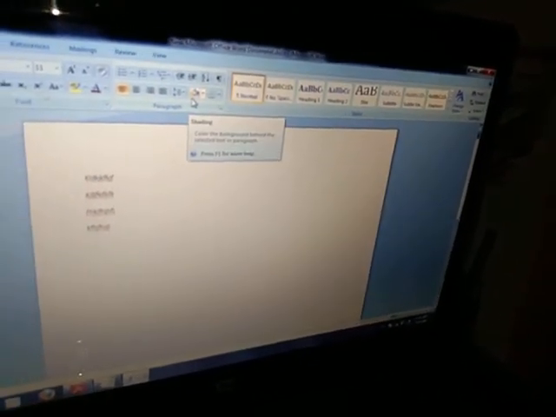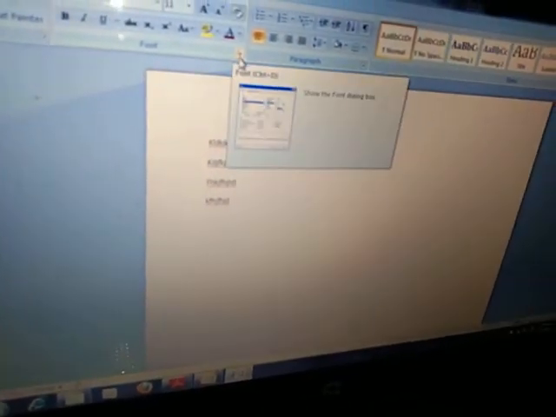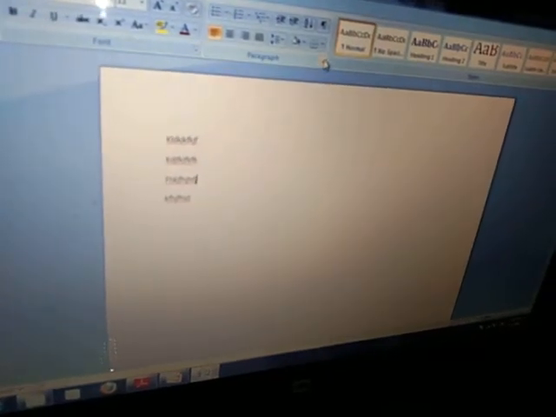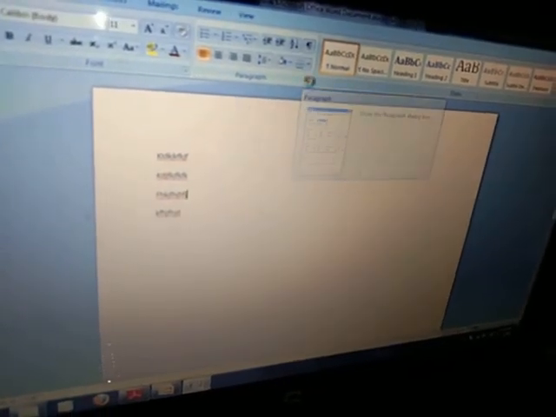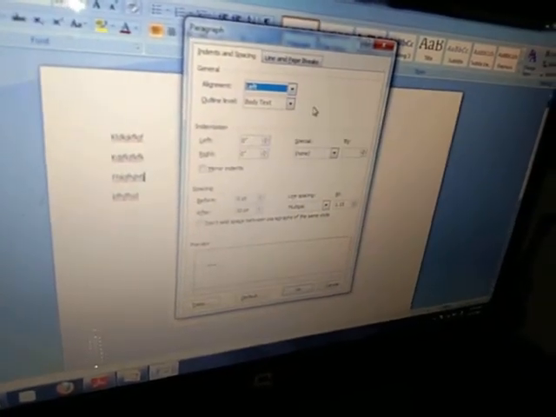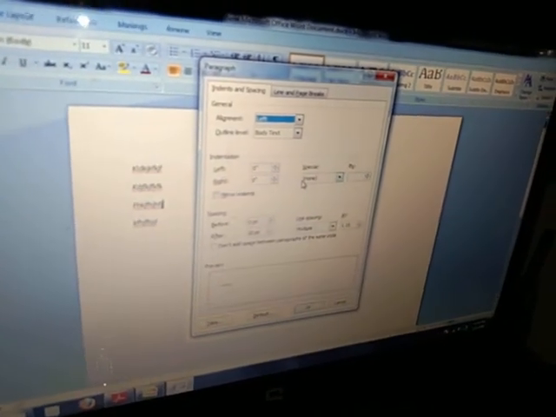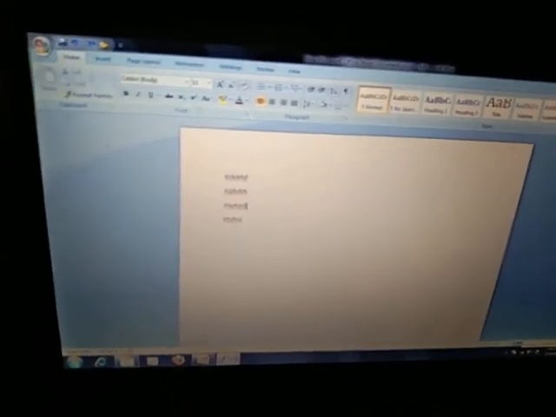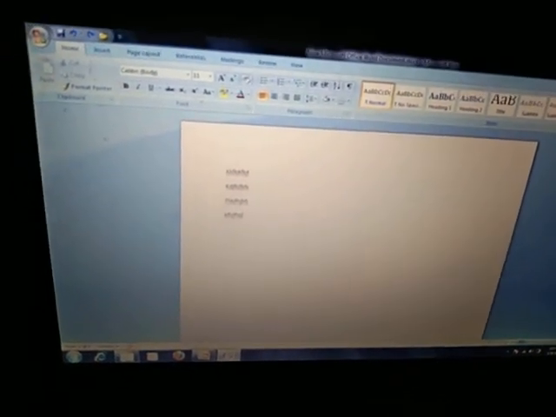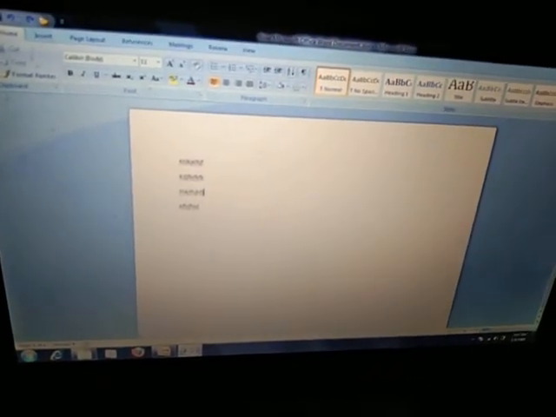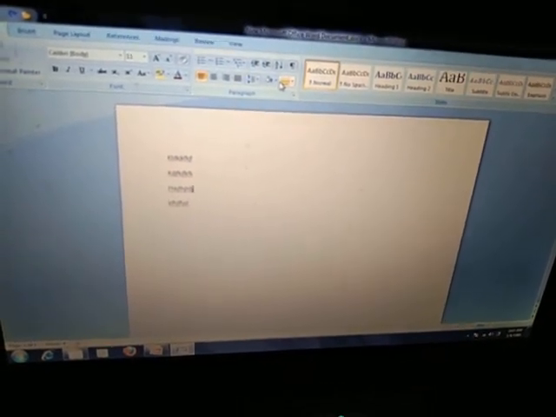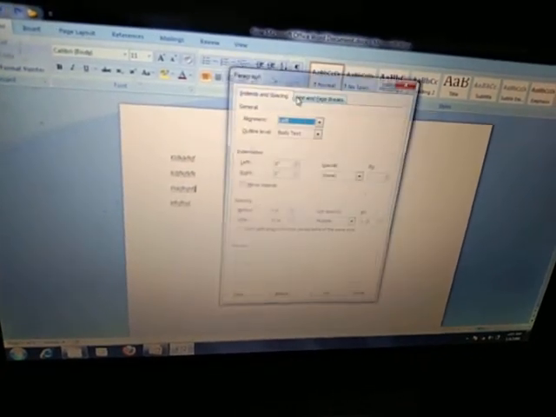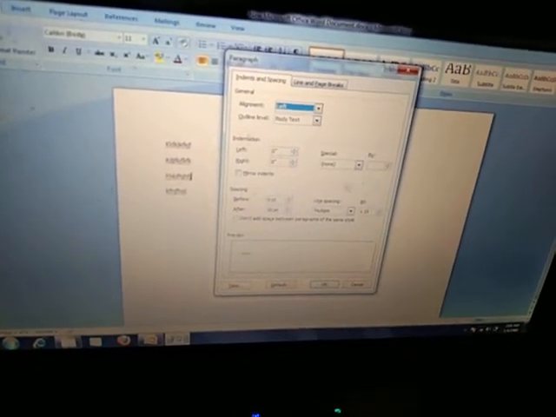You can perform these actions from this arrow button. Have you seen this? This arrow button is known as the launcher button. When you click on this launcher button, whatever commands are written over here are all available there also. Okay, have you got it? These are the tabs, and in every tab there are groups, and with these groups there is the launcher button. Whatever commands are written in any group, you can apply those commands from the launcher button also. You will see all the commands are there.